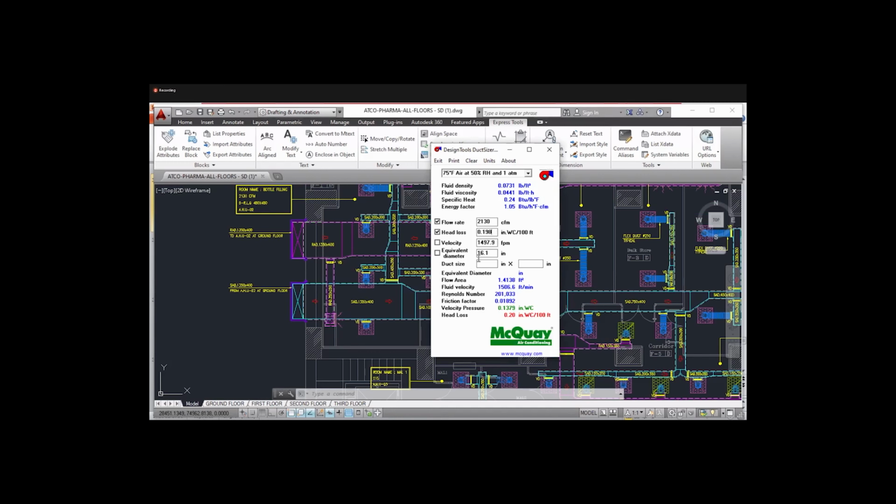So now the equivalent diameter is 16.1. And we will put the value first. If we put one value, then we will get the other value because the equivalent diameter is already calculated. So this calculator will convert the next size.